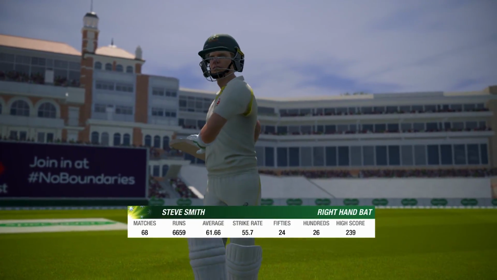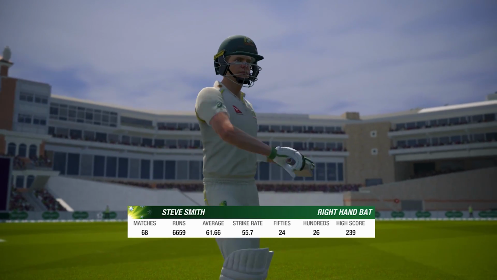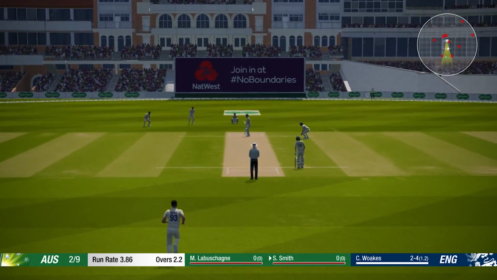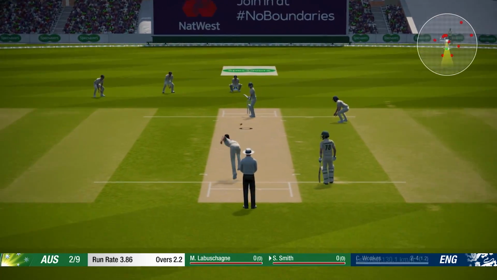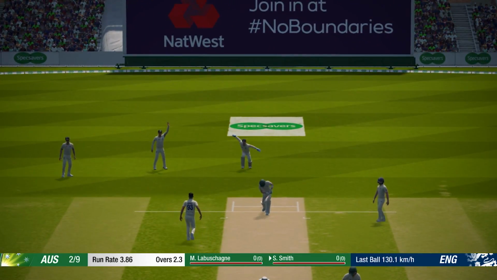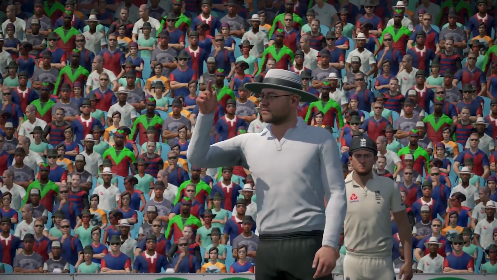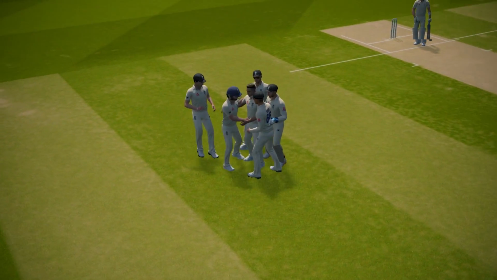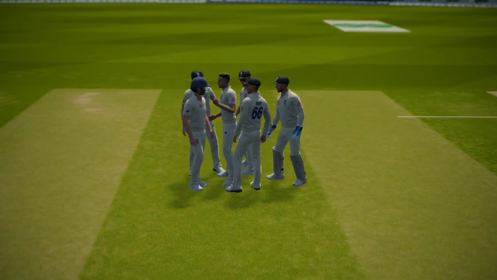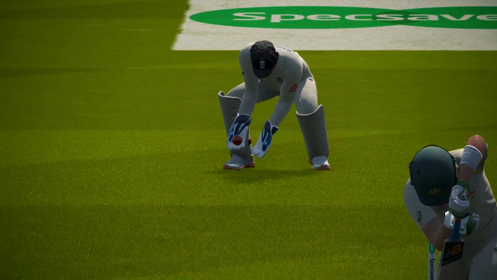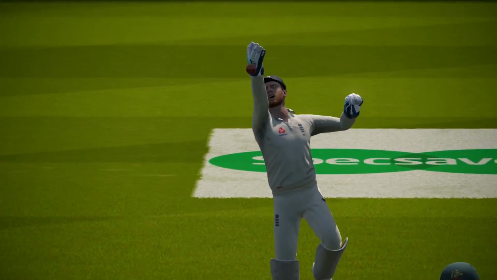Brings Steve Smith, Australia's leading run scorer, to the crease. He's averaging 58 in this series, Steve Smith. Chris Woakes on a hat-trick for the best batsman in the Australian side. And he's got him again! There's the hat-trick! An outside edge from Steve Smith, just nipping away. Beautiful bowling from Woakes. Oh, it's just an amazing start for England here.